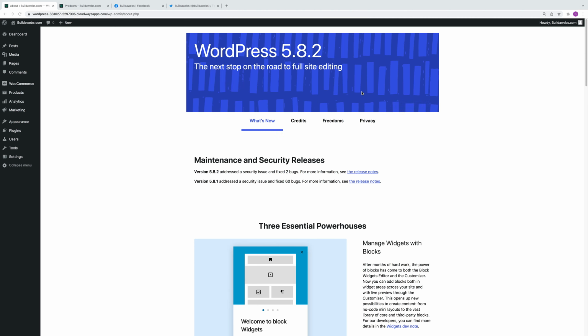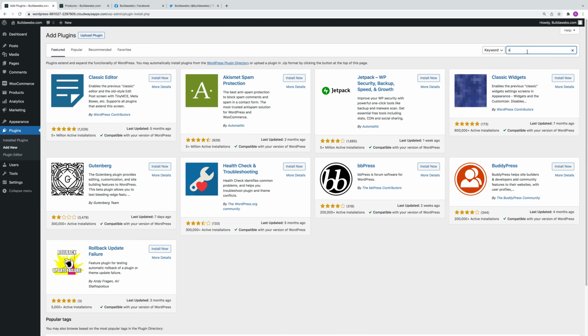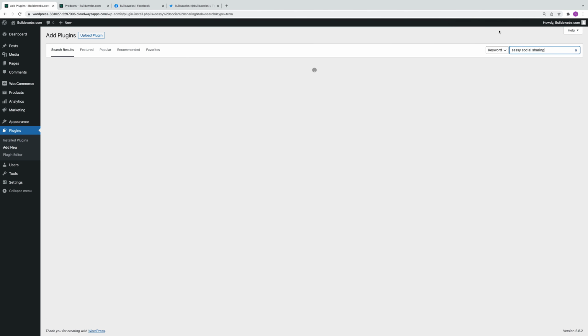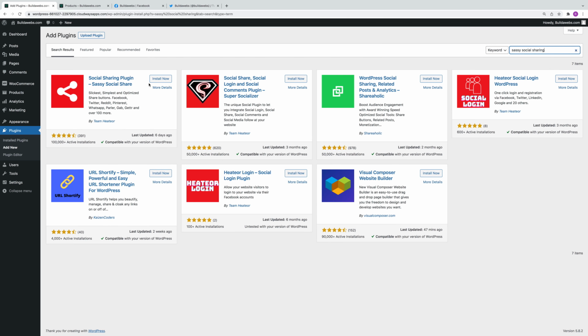So now I'm going to show you my third and final favourite sharing plugin. So if you want your WordPress dashboard, the site name /wp-admin, and then go to plugins, then add new. And in the search for Sassy social sharing, and then it's this one here. Click install now,